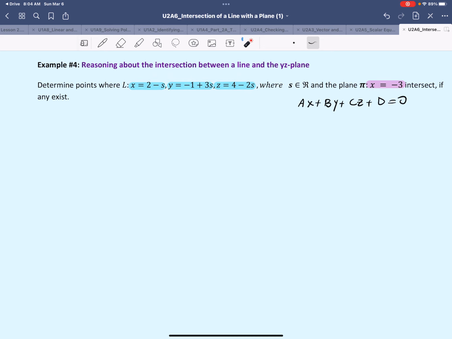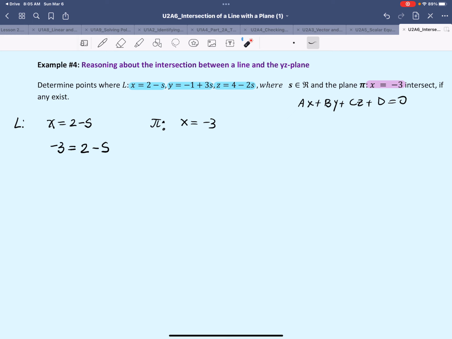So for this, we're going to use the first parametric equation, so x equals 2 minus s, into the equation of the plane. So this is from the line, and from the plane here we have x equals negative 3. So with an x value of negative 3, we'll go back to the parametric equation for x, and we'll say that since x equals negative 3,